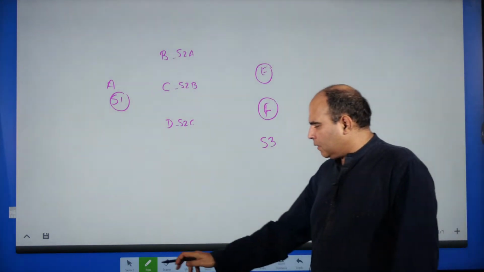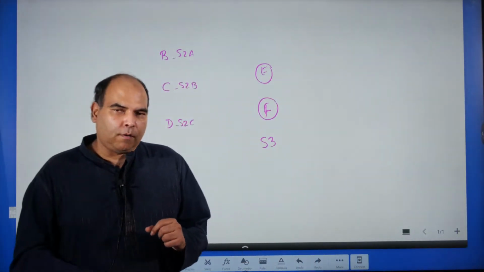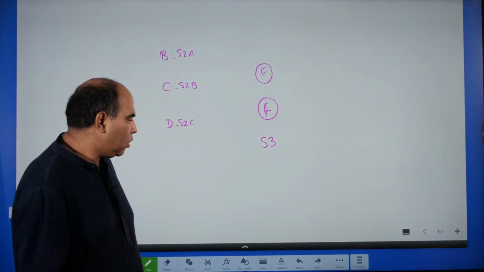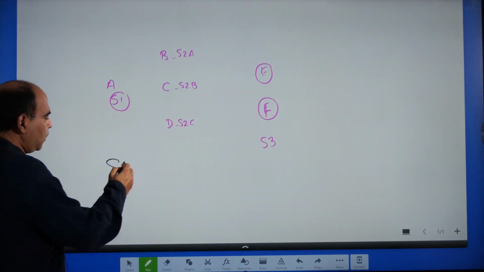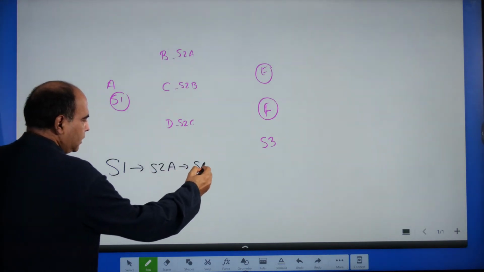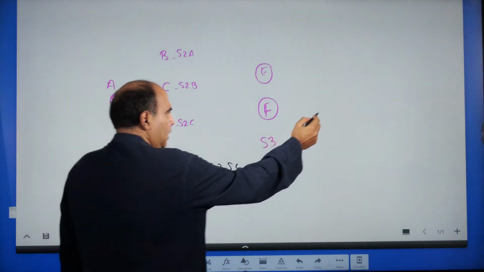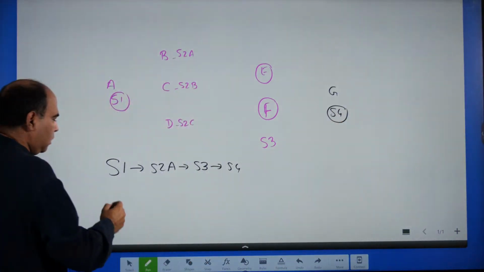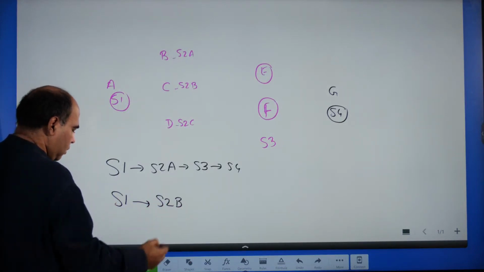Now the first objective in this counting, to make sure we are counting correctly, is we are going to first structure down how many routes do we have stage wise, or how many structures do we have stage wise, and then we count each of them separately. So one structure is S1 to S2A to S3 to S4. Of course, I'll be taking G as S4. But then there's another structure of S1 to S2B, sorry,